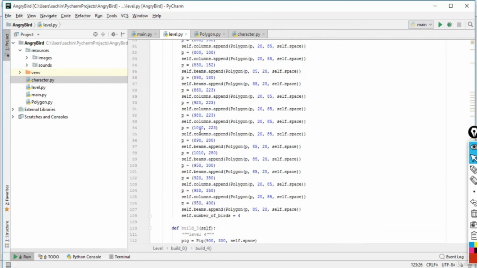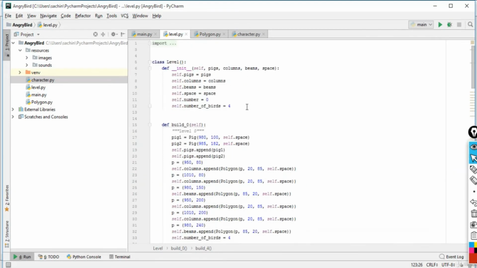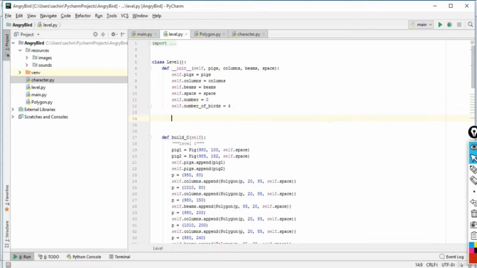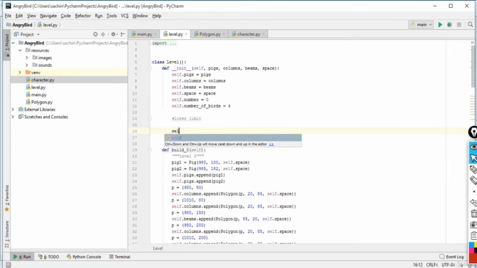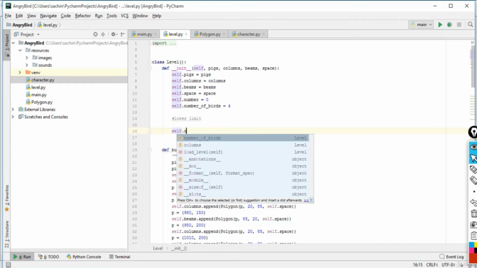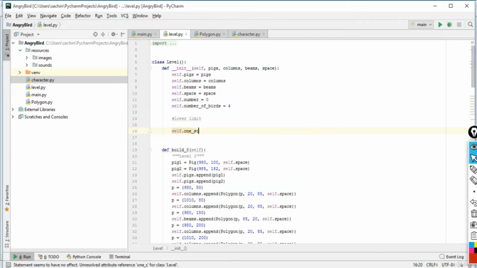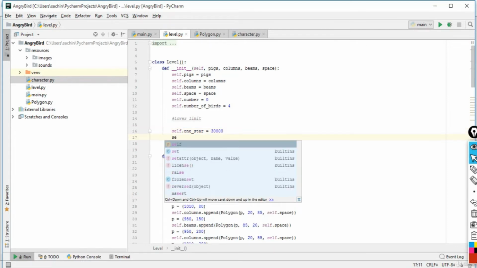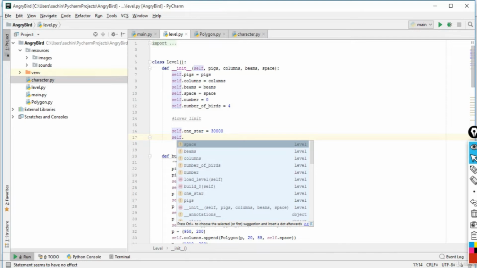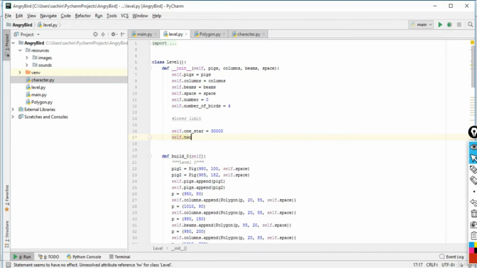Now, next thing, we'll create a lower limit for our score. In this lower limit, we'll first create 1 star. If you have 1 star, then your score will be 3000. Similarly 30,000, not 3000. And similarly, if we have 2 stars,